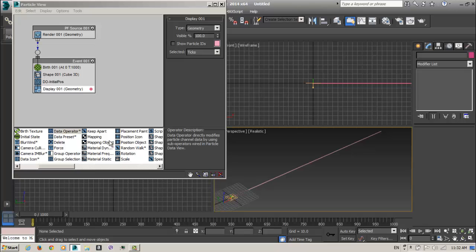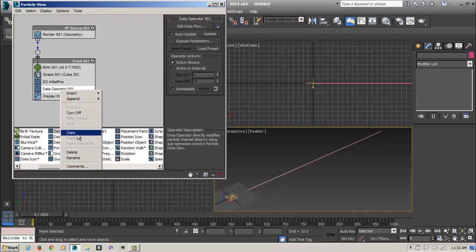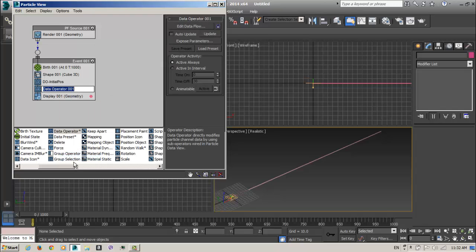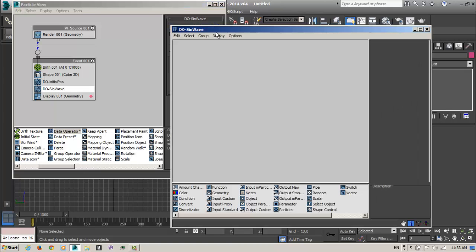And the next step will be to create this sinus wave. For this, create another data operator and rename it, and this will be sinus wave. And we will come here.